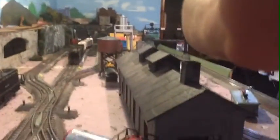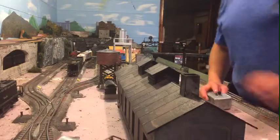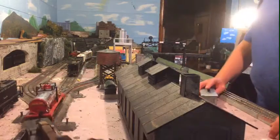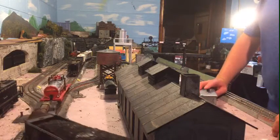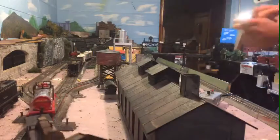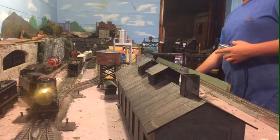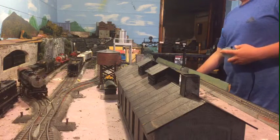Now heading over to Conway. Actually, we'll put this down on this other track here. And this one, because it's hard to reach, there is a working magnet in here, and we will